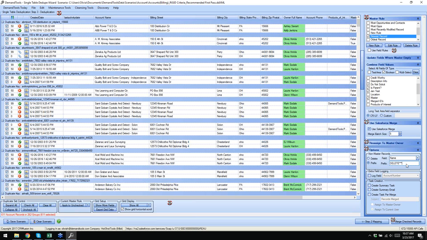There's two trains of thought on this. Some people think, well, it's just leaving junk in your data, and that's where I'm at. I think it's just leaving a whole bunch of junk that you have to go clean up. Other people think, well, I may have to do a restore in my data, and having the record ID still exist in my database will make that restore easier, which is true, but my advice would be if you're not